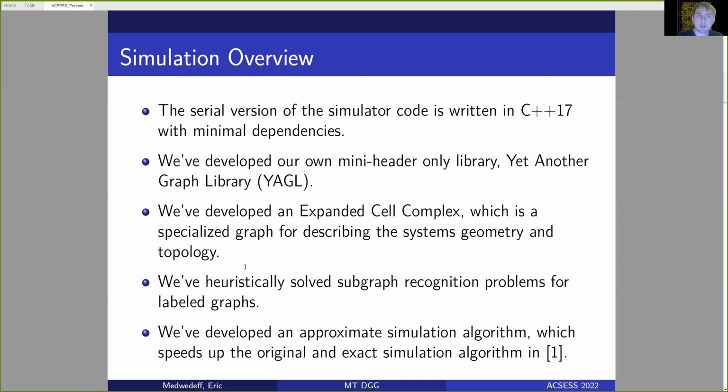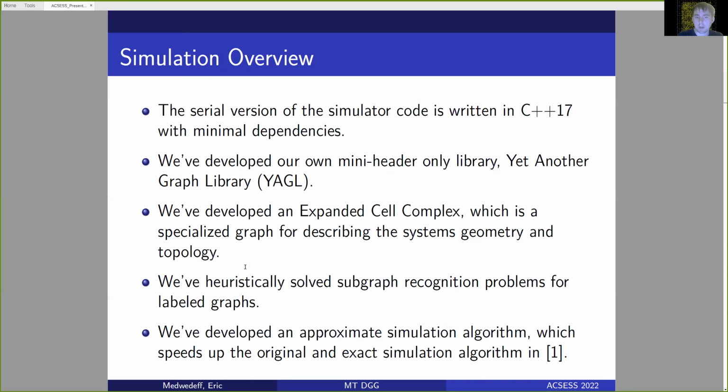And you'll see on the next slide, we actually get accelerations in serial, but the acceleration that we get in serial can actually even be parallelized. And that's where we find our prospect for parallelization to high performance computing. And we've also heuristically solved subgraph recognition problems for labeled graphs. And we had to solve this because